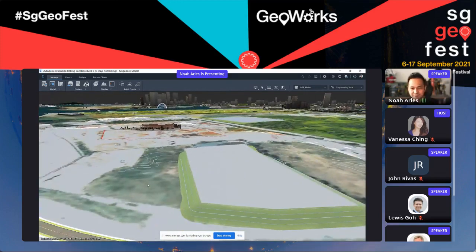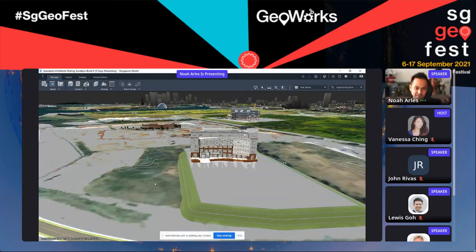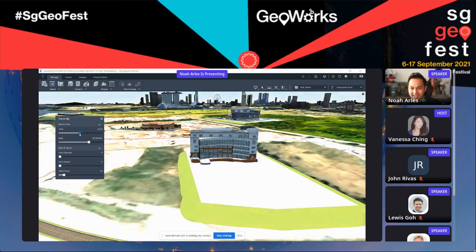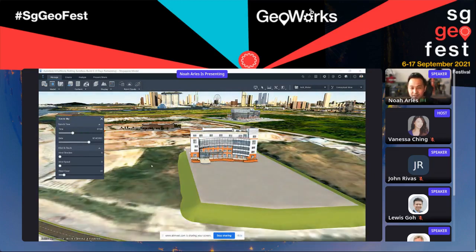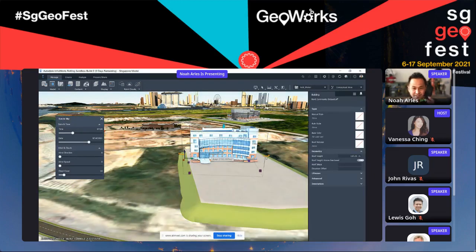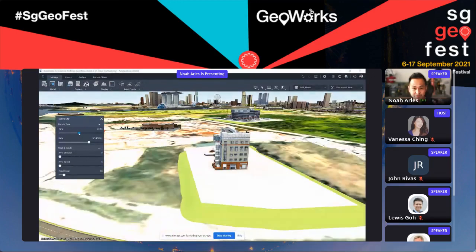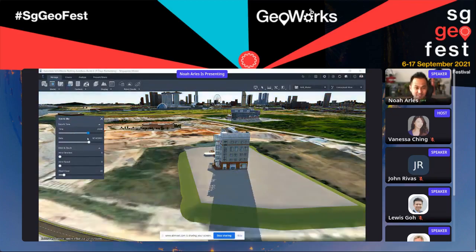So in a matter of minutes, by combining different types of information, we can quickly explore how the sun interacts with our project. And whatever you're seeing here are the real geolocated sun shadow analysis, because this is in Singapore. The sun interacts with our project quite specifically to this part of Singapore, whatever date or time it may be.